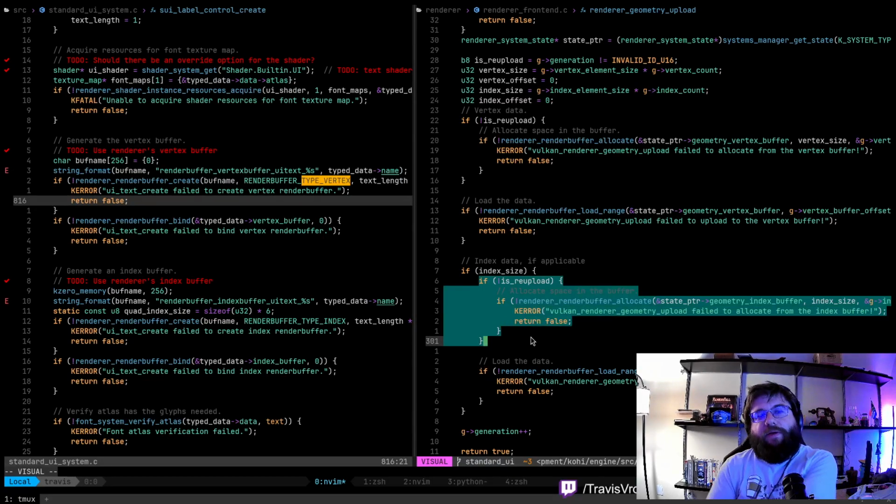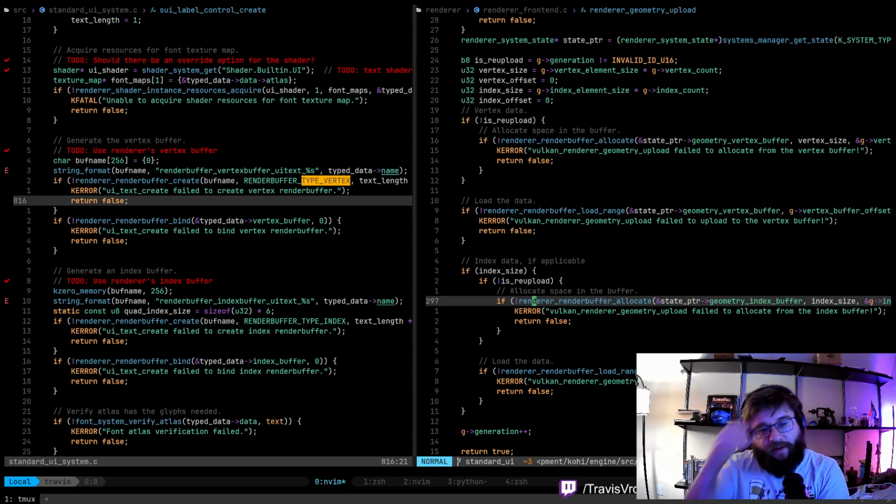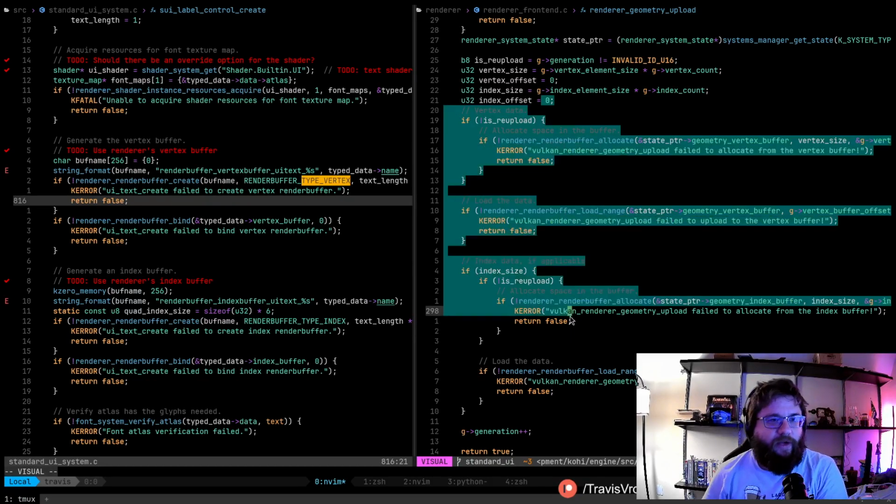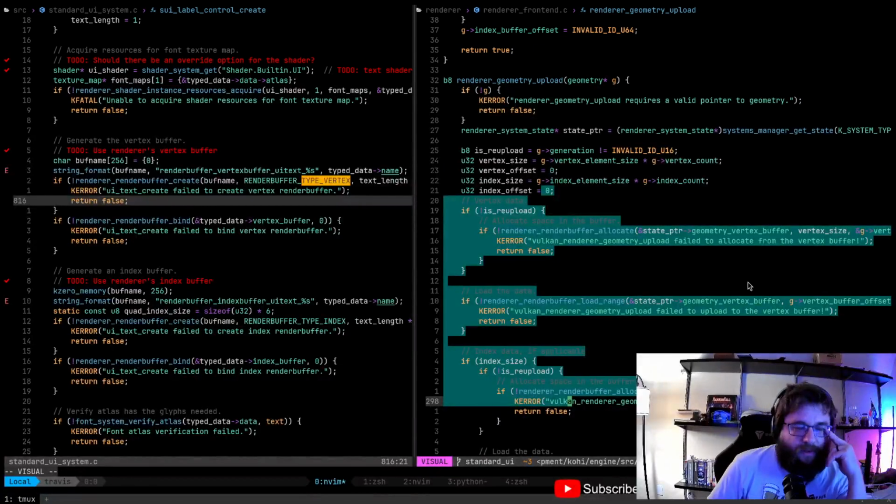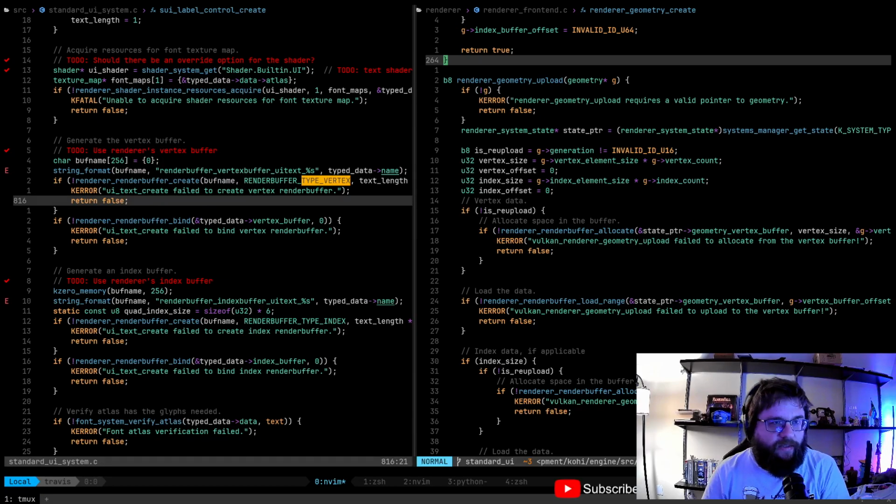And do I really want to do that though? Because these are also sort of on the front end. Or do I want to just get a way to return a pointer to the buffer and do all this from the front end, you know, do all this from outside? That would probably be more flexible. Less assumptions being made.